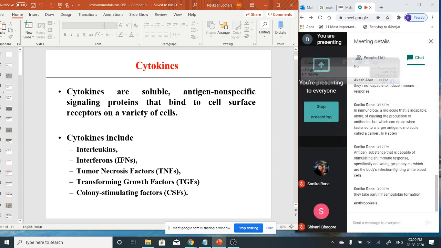When we say immunological reaction, it is a cascade of reactions. Simultaneously, many things are happening. New cell formation is there, therefore colony stimulating factors are required. Then tissue has to be repaired, so there you need transforming growth factor. Tumor necrosis, there is damage of certain cells, and that cell has to be removed. So you need such necrotic factors, and interferons, which control it. It is all a complex mechanism that is taking place.